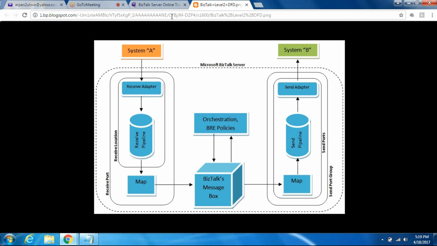So in BizTalk, every message is designated to something. Every message has its own purpose. The pub sub architecture is there. So artifacts are publishing, like this map. If there is a map 1 dealing with your employee schemas, and a map 2 dealing with your student history, each map is polling for information. If an employee message is received, map 1 will be invoked. In the same way, if a student message comes into BizTalk, map 2 will be invoked. This is pretty much the pub sub architecture, and all this publishing and subscribing information is stored in the BizTalk message box. All these artifacts, like map, receive pipeline, orchestration, and BRE policies, are continuously communicating with the message box to pull out